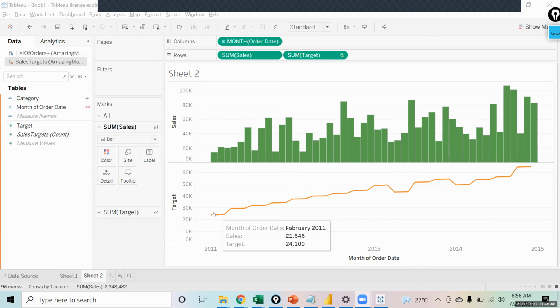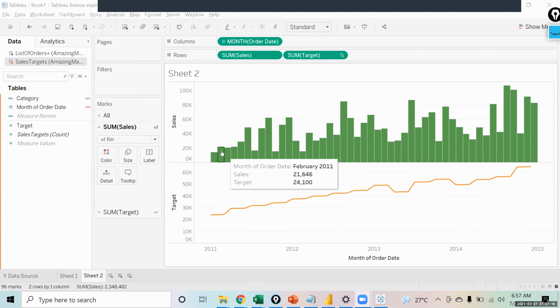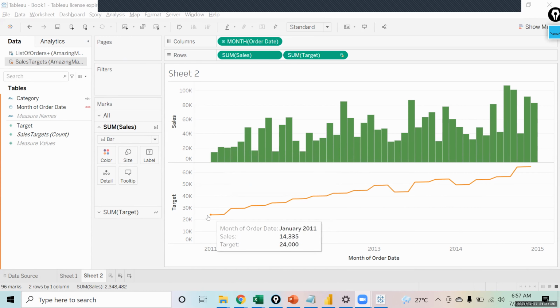Now you see, if you will see this chart right now, still, do you think this chart is easy to comprehend? If I want to compare that, okay, in which month did I have more sales versus target, or in which month I underachieved, or in which month I overachieved. So do we think we will be able to achieve that? No. Because you see, I mean, you can do it, but it is very tough, right? You have to see the numbers from here, then here. So what we can do is we can actually create a dual axis chart.